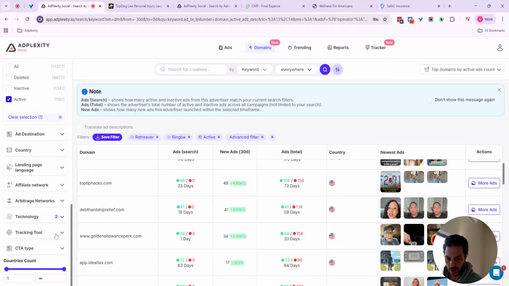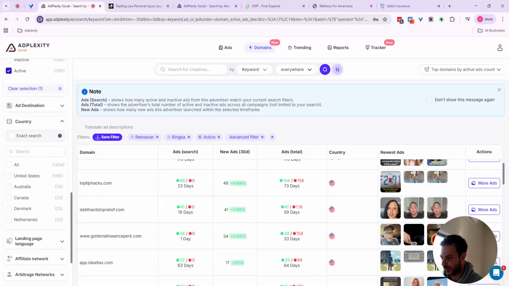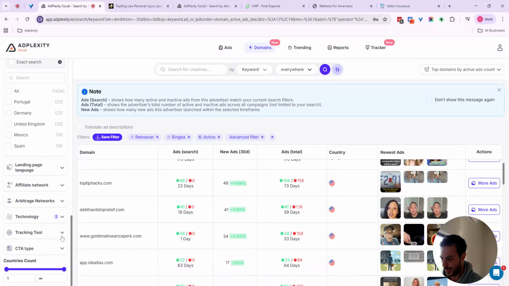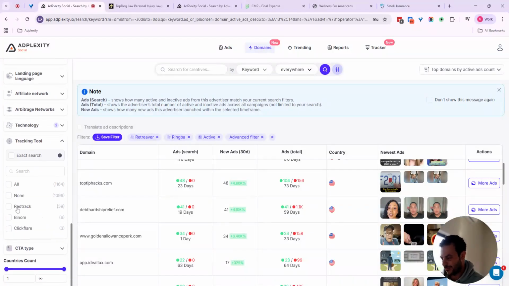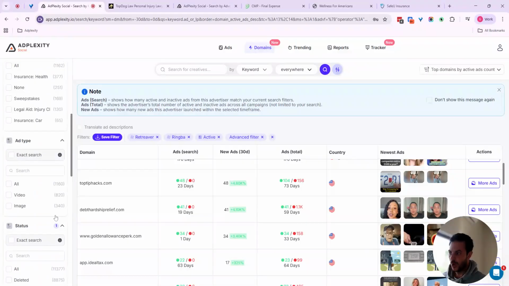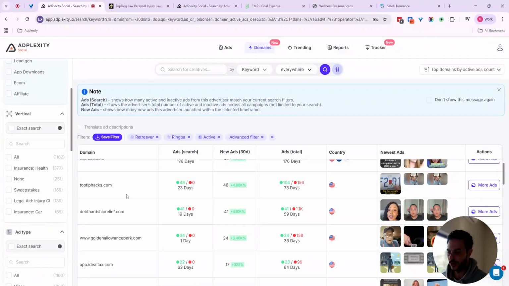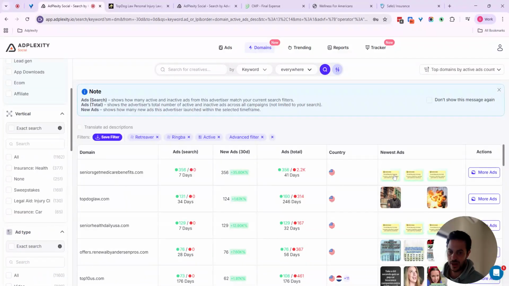to find your own approach. As we can see in country, this is probably going to be mainly the United States, as expected, which is where pay-per-call is the biggest at the moment. Let's see. Yeah, not many of them have an identified tracking platform, so it's not something that we can rely on. But yeah, so that's how we can find which are the top domains and ads and creatives in